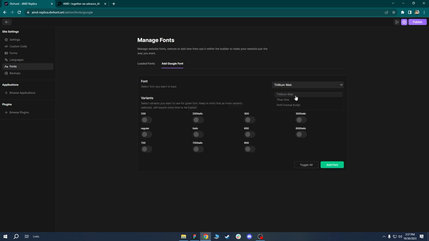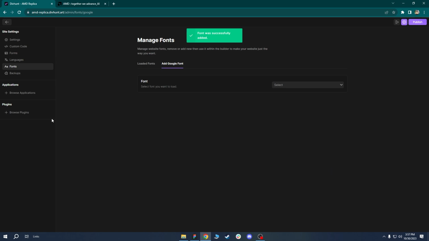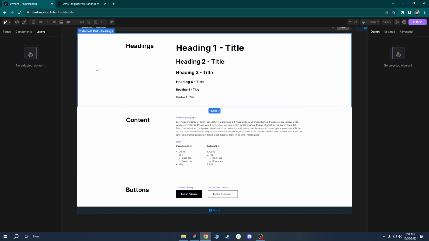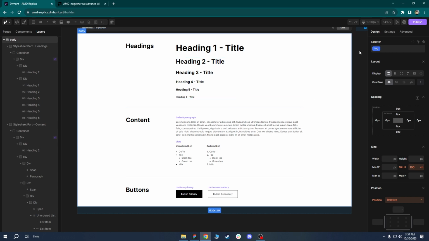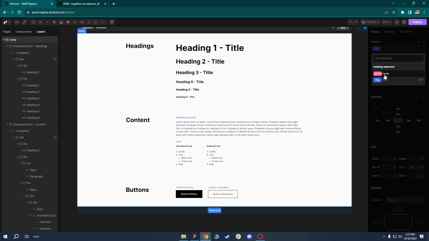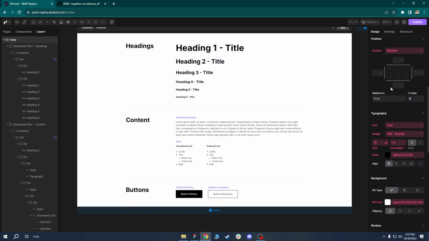in it, it will pop up, so let's click on it. Let's select regular, 600, 700, and let's go with 900 just in case. So let's add font, and my font is successfully added. Now let's go back to the builder and set this font to my project. The best practice is to select your body, then go over here, select global body tag, and then change your